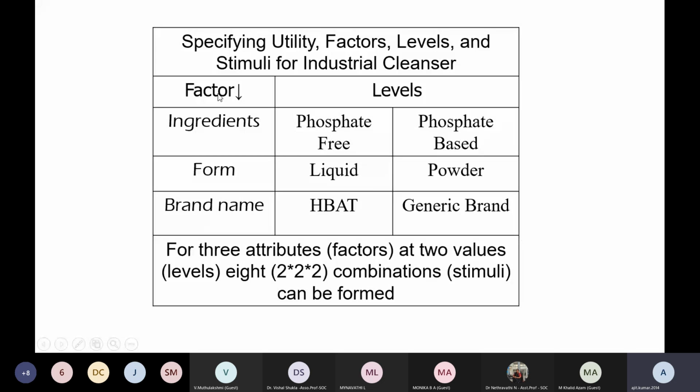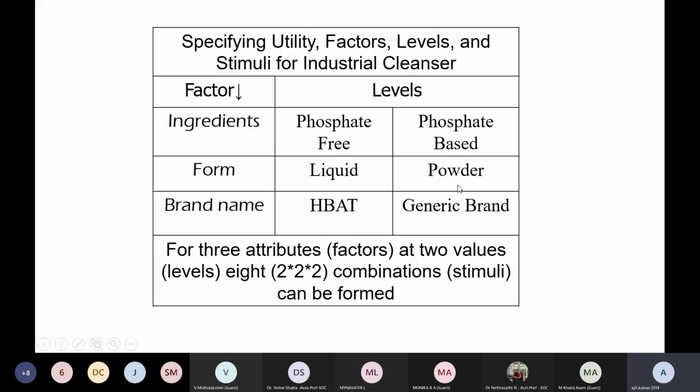Now, likewise, you think of other factors, such as whether that petrol pump is at a hotspot location, in the city, in a rural area, or on highways. So you can keep on increasing these factors, and you can have all different options listed here. But for simplicity, I have considered a very small number of factors and levels. Now try to understand. If I ask anybody to have a look at it and say what kind of product or service they want, which will have one of these ingredients, one of these forms, one of these brand names.